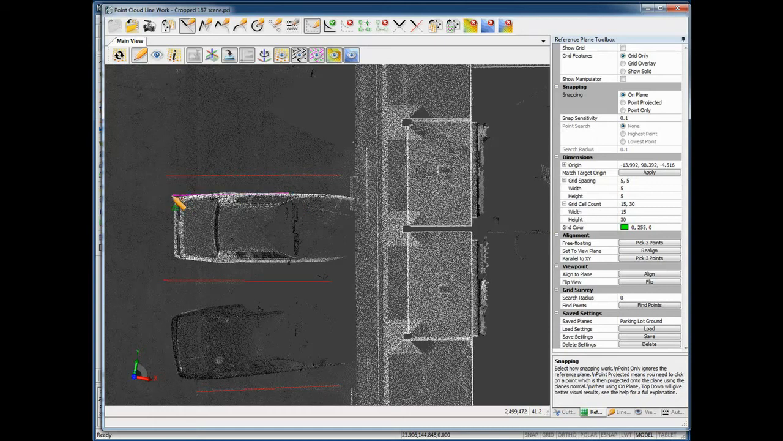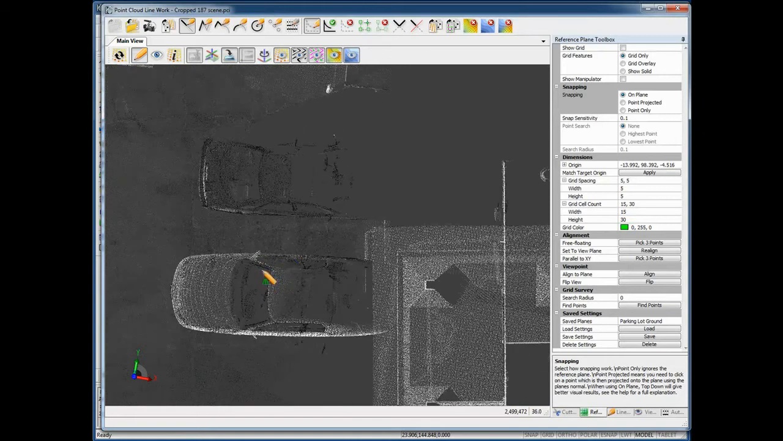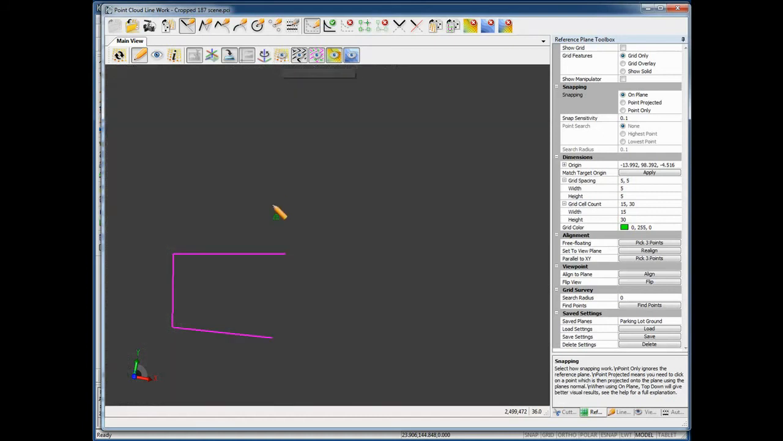Here I'm doing an outline of the vehicle. This will allow me to place the vehicles in their respective locations. Just some simple line work that shows me where to place it. Toggle off the PointCloud, inspect my work, accept it,